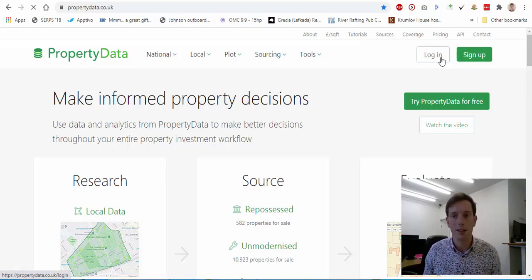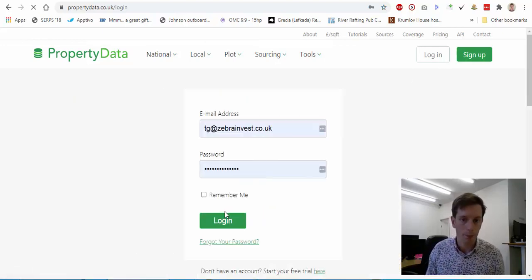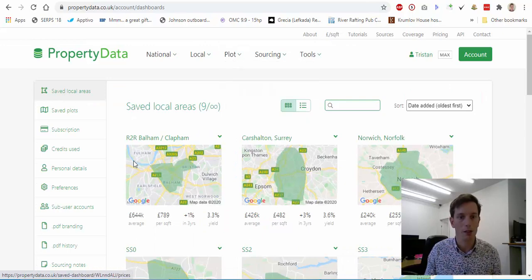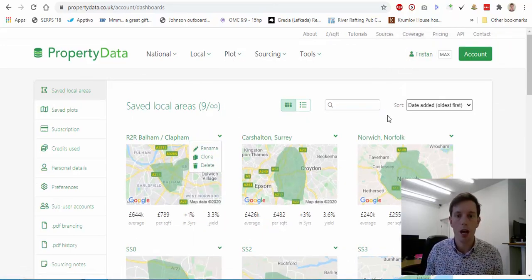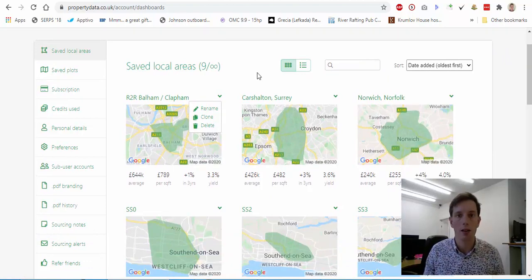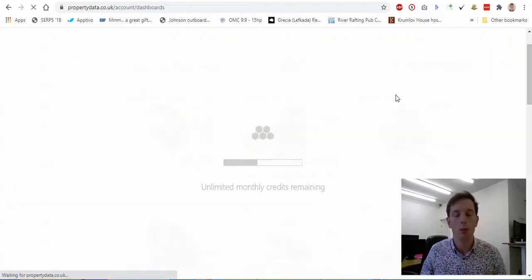So the first thing I do is I head in and I log in. That's my little email address there. And then that just takes you straight into your dashboard. And here you can see there's a selection of different areas that I'm targeting, working in, and areas that I'm looking for investments in. So I'm going to jump into the Norwich area,